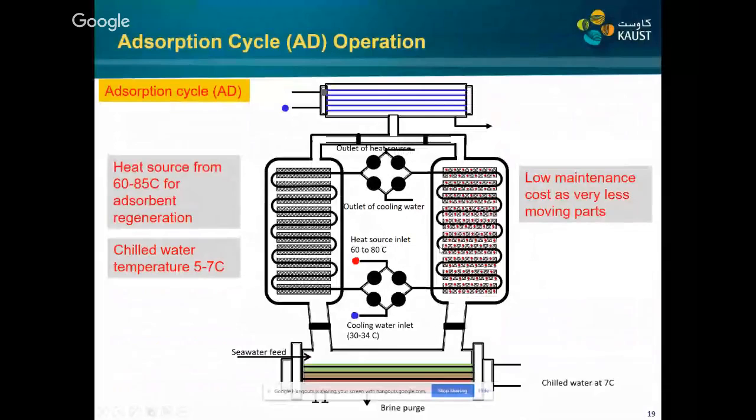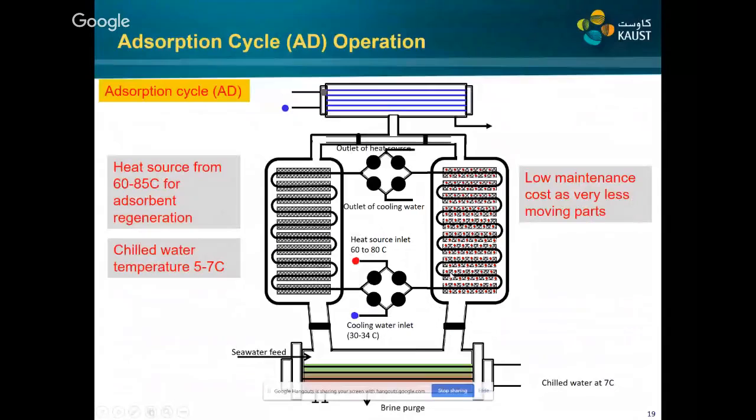So why do we use the silica gel? Because firstly, the silica gel is very cheap, and secondly, it is available freely all over the world. It's not controlled by one company or by one country. It's abundant, available easily, and it's very stable. There are many other materials nowadays in the market, like metal organic frameworks or other materials. Firstly, those are very expensive. They cannot be produced in mass production, and secondly, they're not very stable over the life period. The silica gel is very stable, and it's very efficient also in terms of water adsorption.